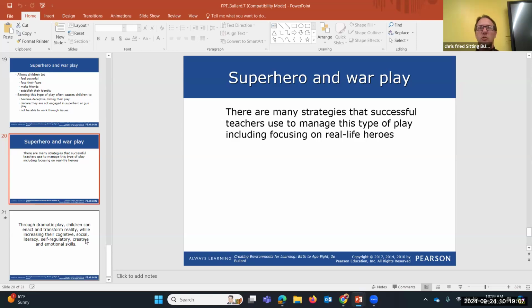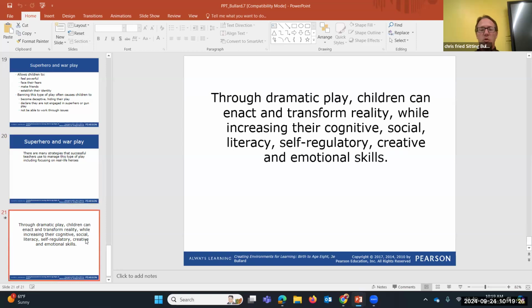You know that young children are going to be watching cartoons and different kinds of animated movies or whatever it might be, and so they might have those superhero thoughts that they like, that they want to emulate or play with or play as in the classroom. And through dramatic play, children can enact and transform reality while increasing their cognitive, social, literacy, self-regulatory, creative, and emotional skills.